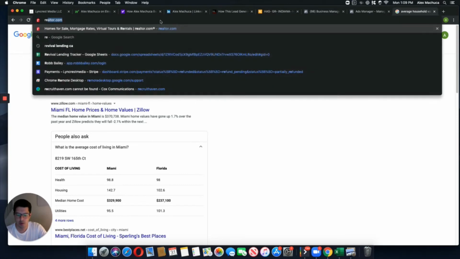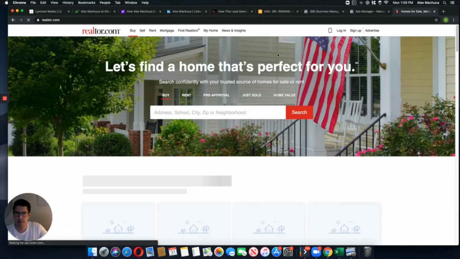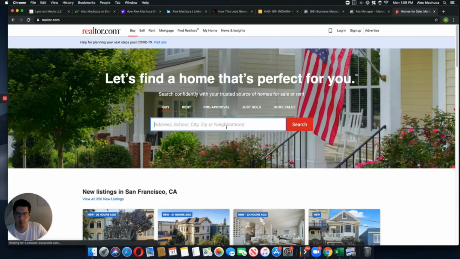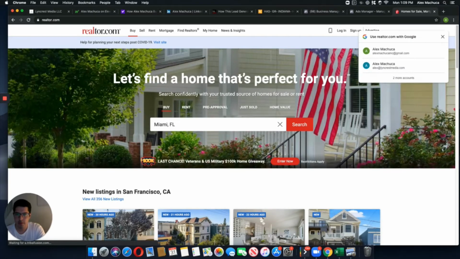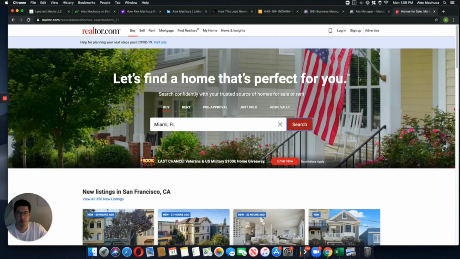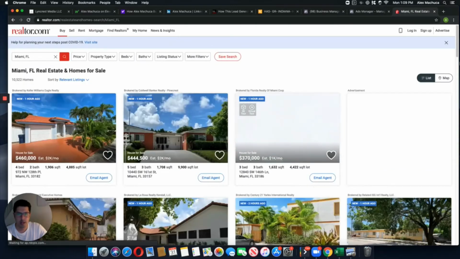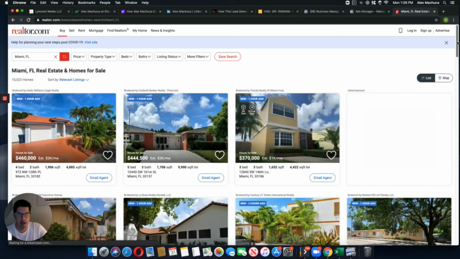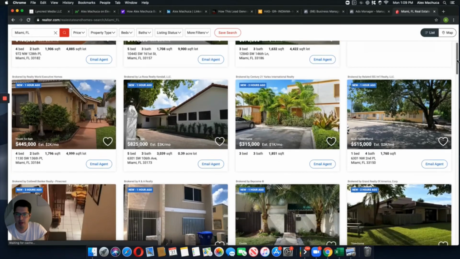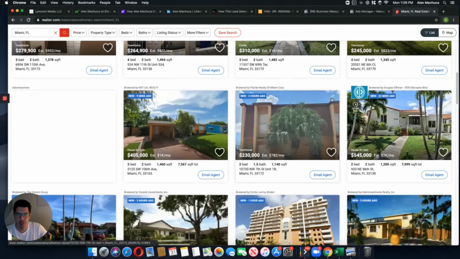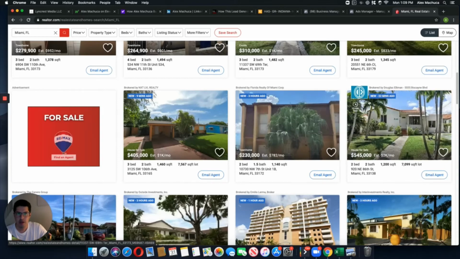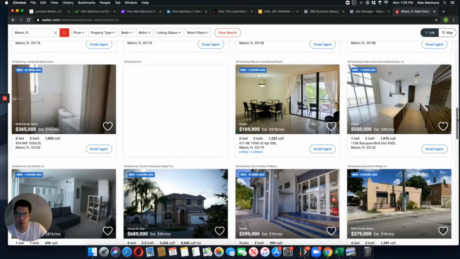So what we do is we go to realtor.com. We look up Miami, Florida. And right here, all we would do is find a house that's around $330,000. Pick a pretty house, you would choose that, and that would be the image that you use for your ad, right?